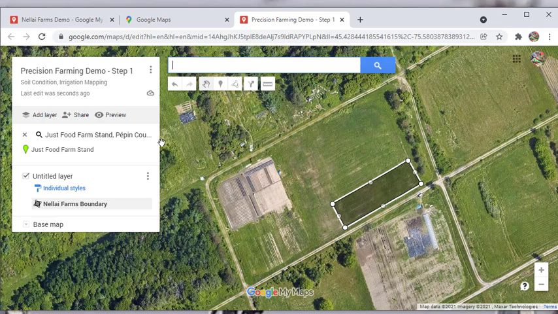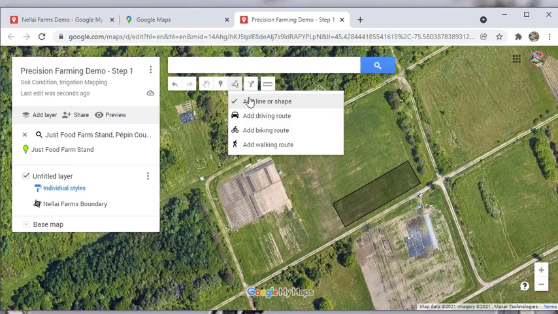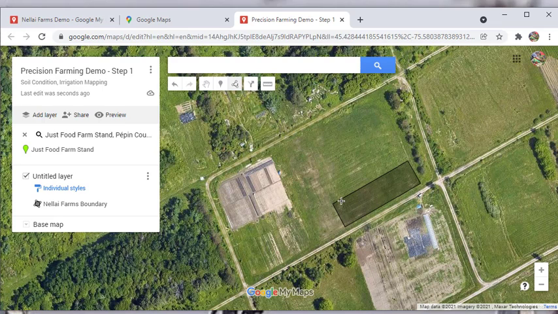So if I want to just remember that for next year planning, I can make some maps on that. So I'm going to add a layer now. Let's add line or shape. So I'm going to add a polygon here.